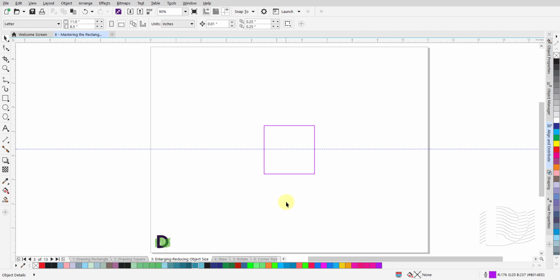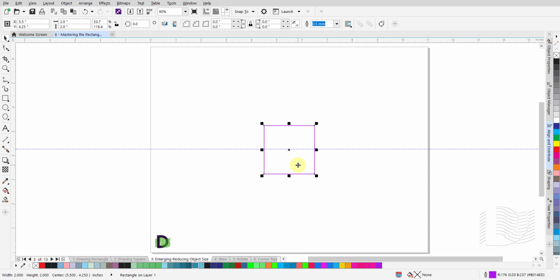Resizing an object. Using the Pick tool, click on an object to select it. You will see 8 small black squares pop up along the outline of the object. With the Pick tool, left-click and hold on one of the black squares on a corner and pull it diagonally outwards or push it diagonally inwards.